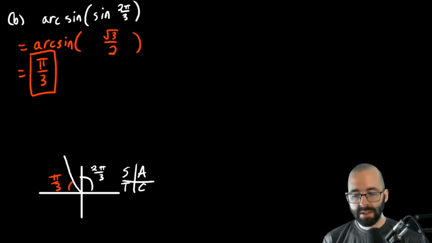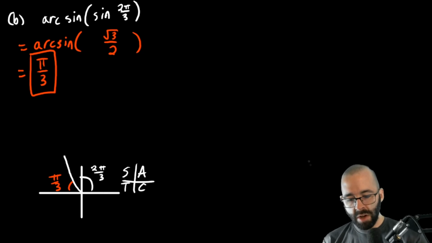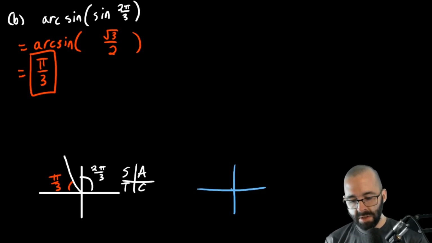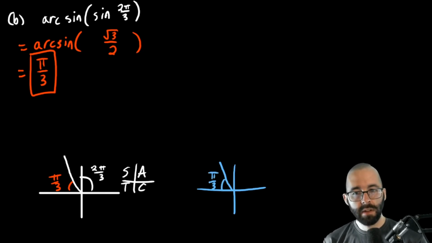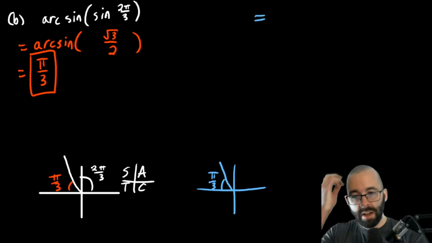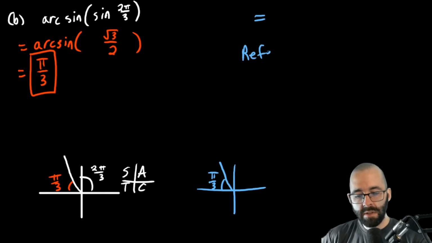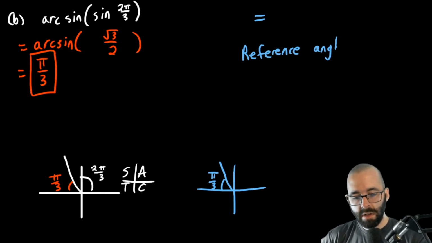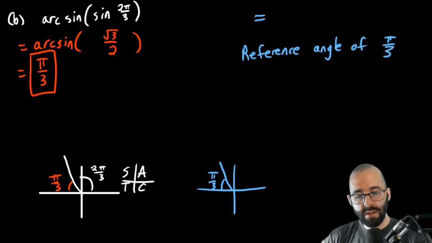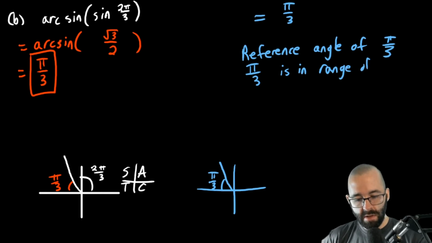But again, the other way is to say, okay, is 2 pi over 3 in the range? And no. All right, so if we go over to the side and use that second method, we'd also get that 2 pi over 3 is right here. It has a reference angle of pi over 3. So we're going to use that reference angle to give us that pi over 3. So it almost cancels out with the blue method. If we use the blue method up here, we're going to say, okay, there's a reference angle of pi over 3. And then pi over 3 is in the range of arcsine